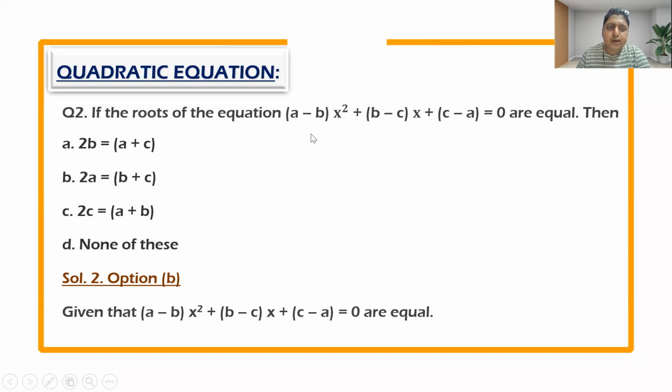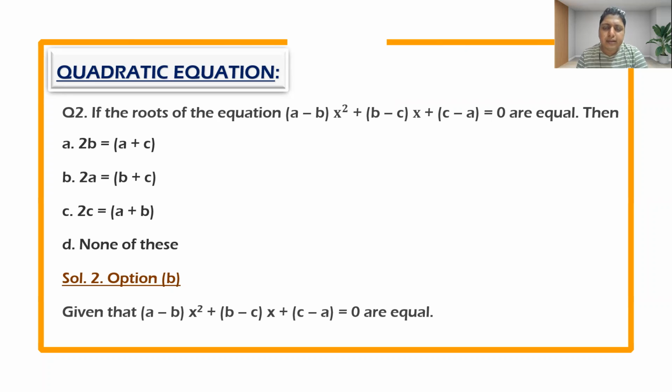Secondly, if the roots of the quadratic equation (a minus b) x square plus (b minus c) x plus (c minus a) is equal to 0 are equal, then these are the four options, and we have to think what is the right option for that. So we have been given the clue that both the roots are equal. So we have